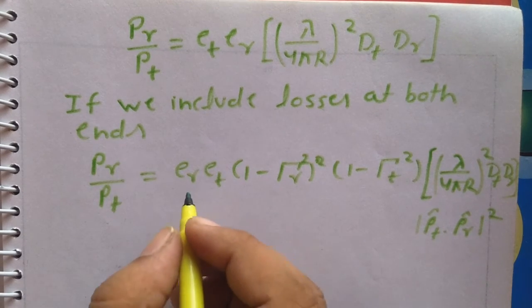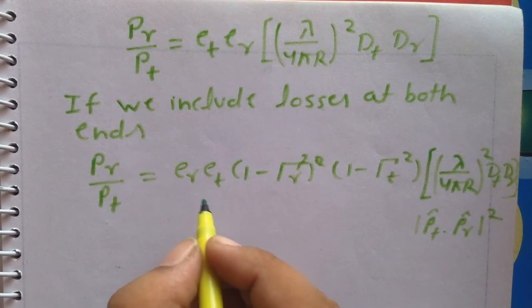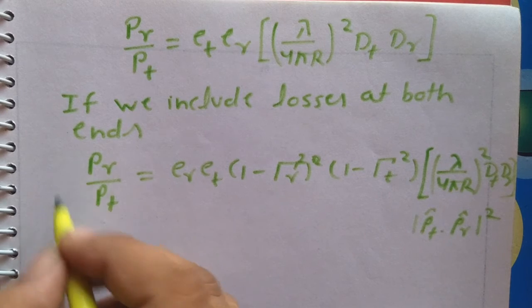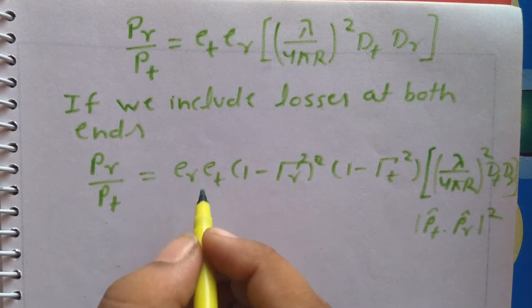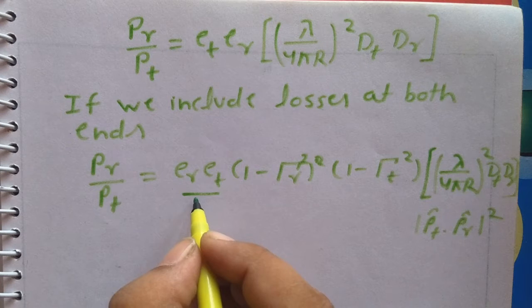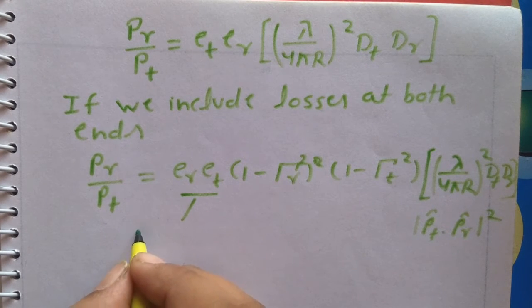So you can see here, after including losses, the formula will become PR divided by PT equal to ER ET, where ER ET is the